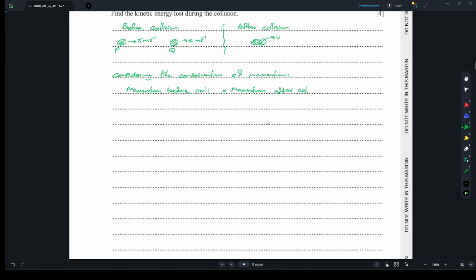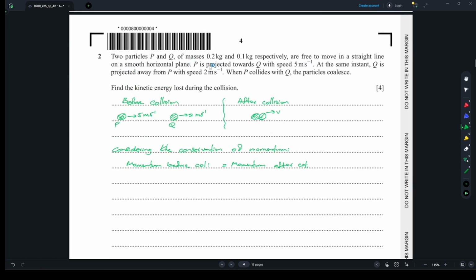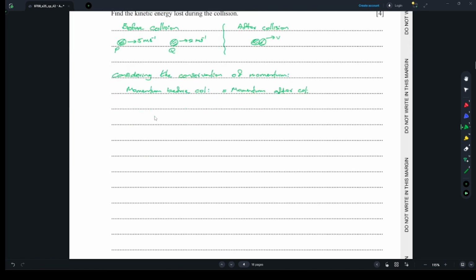Okay, so before collision, the mass of P is 0.2, Q is 0.1. So here, all the objects or particles are moving to the right direction. So I will consider the right direction is positive. So 0.2 times 5 plus 0.1 times 2. So this is the momentum before collision. Then after collision, they stick together, so you have to add the masses